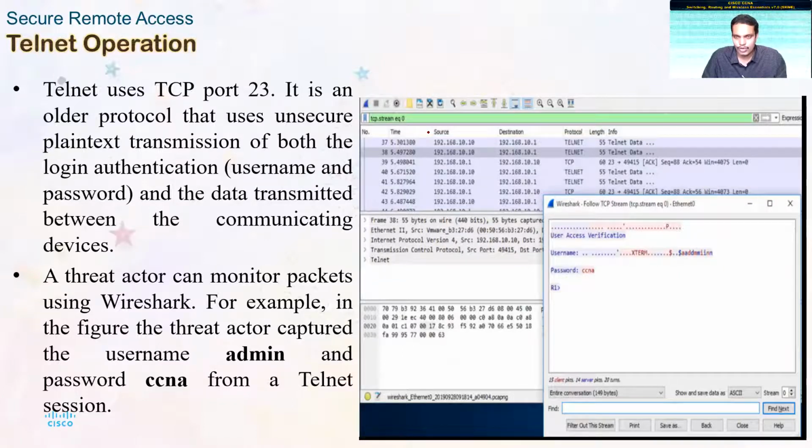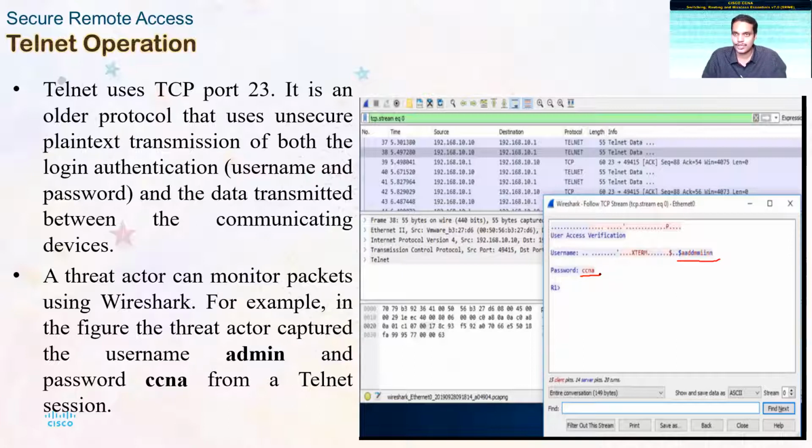The reason why I say unsecure protocol is it tends to send the data that we transmit between the client and server in an unencrypted format, that is, in plain text. If a threat actor or an attacker captures the packets going on the network and monitors them using a tool like Wireshark, by just analyzing the packets, you will be able to understand what the username and the password are. You can see there, when you capture the packets sent across using telnet, anybody who captures them will be able to deduce what the username is and what the password is. So that is the reason most network administrators tend to block telnet access.